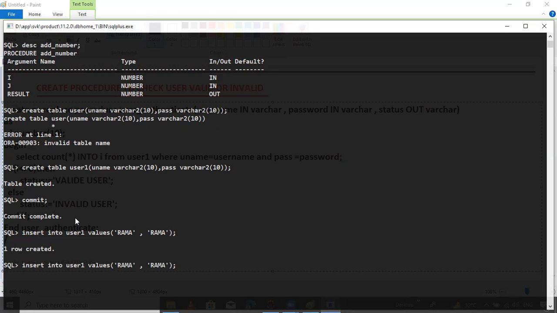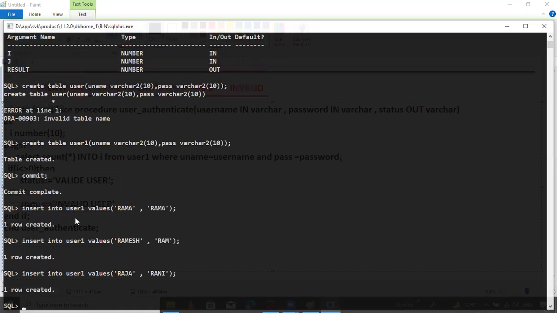One more time, Ramesh, and Ramesh's password is Ram, commit. Sorry, enter Raja, password is Rani, hit enter, commit.